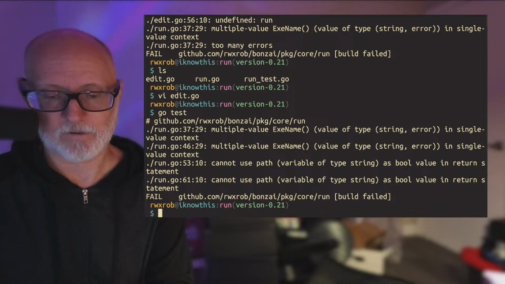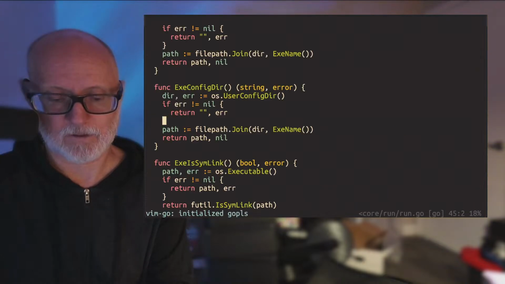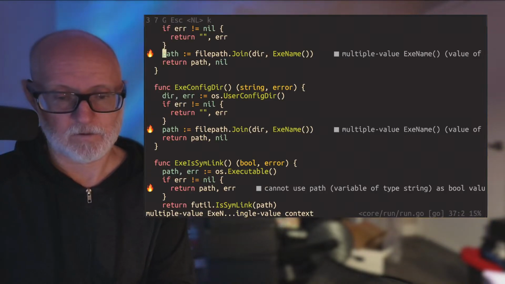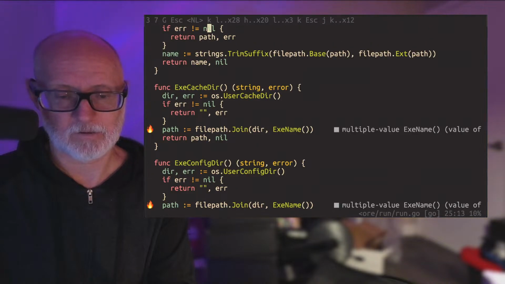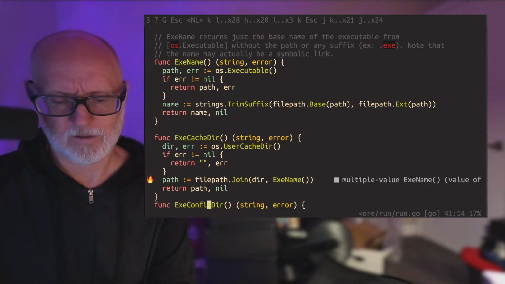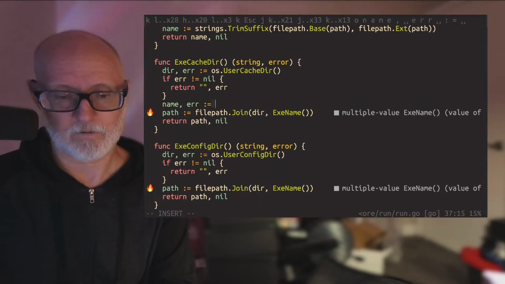So we just have regular errors. Multiple values, exe name in a single line context. Yes, we're going to have a lot of this because we changed it. So we're now going to need to change exe name. How about join? Yeah, we're going to have to say name error equals